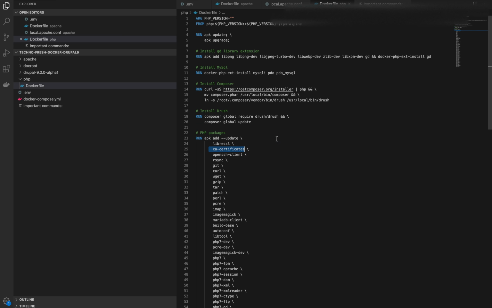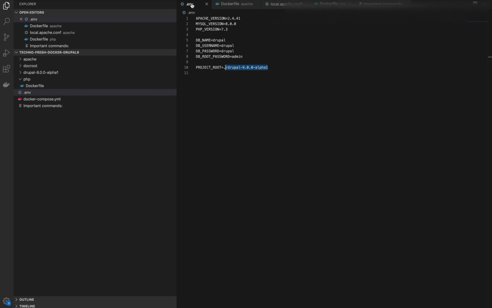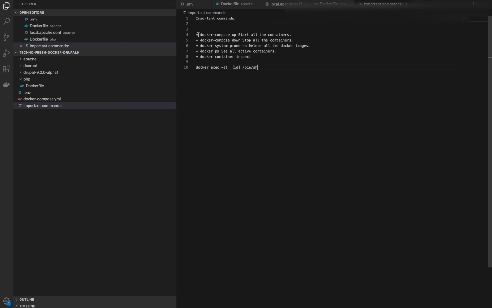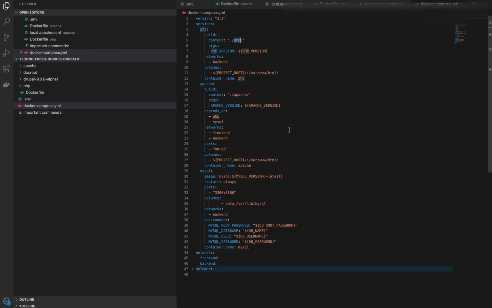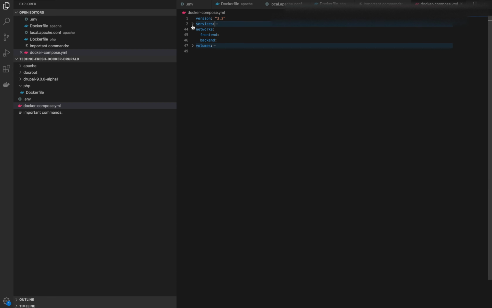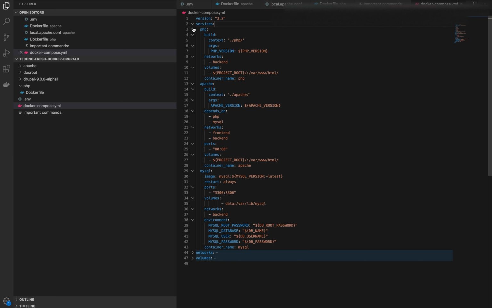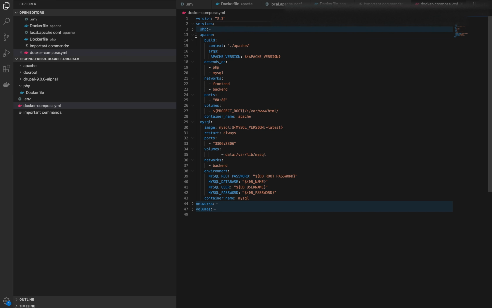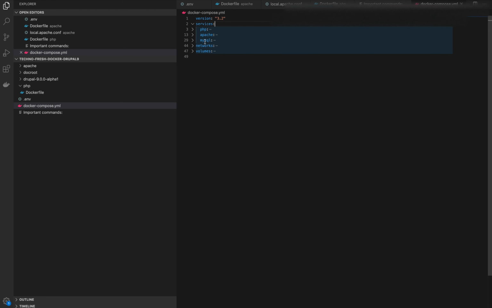So these packages I have all added in this Docker file, okay. Now to run this, you need to go via terminal to this folder, and you need to run this important command. What is that important command? Docker compose up. Basically it will run your Docker compose YML, one by one, and create your containers of PHP, Apache and MySQL.